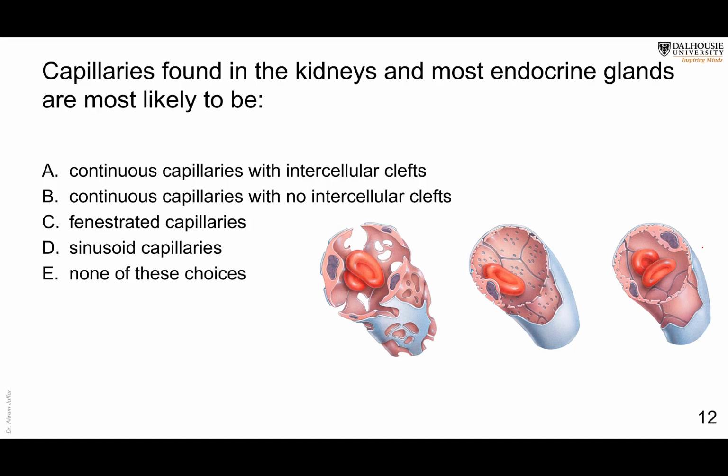Whenever there are fenestrated capillaries like this one, there are pores within the endothelial lining of the capillaries, which means that more exchange is required here. And these fenestrated capillaries are found, for example, in endocrine glands where hormones are secreted into the blood, so the capillaries there are fenestrated. Also, in case of the kidney,